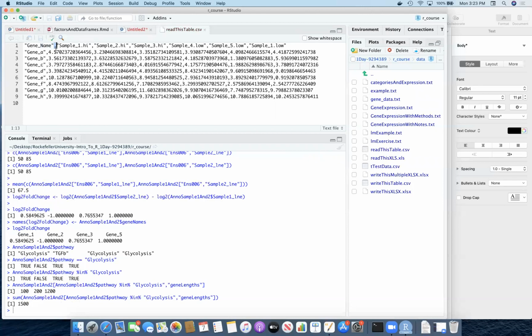An important thing which has happened here is that we have quotes around the values we're going to read in. We're going to see that when we export and read in. And this is going to save us from a real pain, which ruins a lot of my sheets. In this case, we have a gene name A. If it had a comma in the name, like gene A comma, or you've written a bit of text and you want it in your table and it has a comma in it,